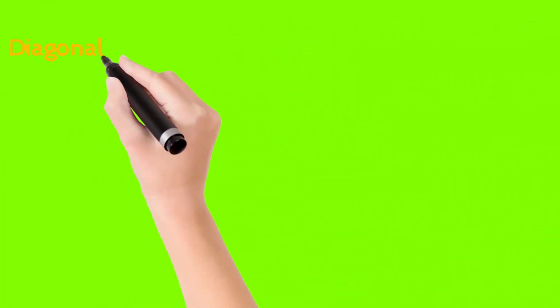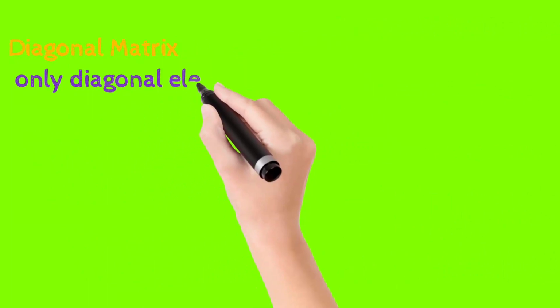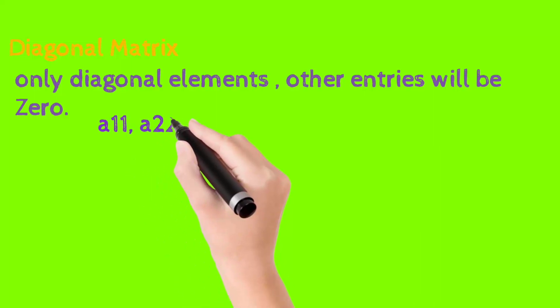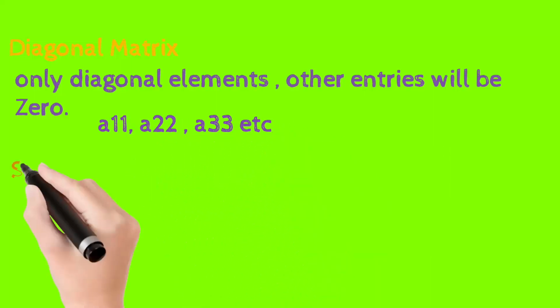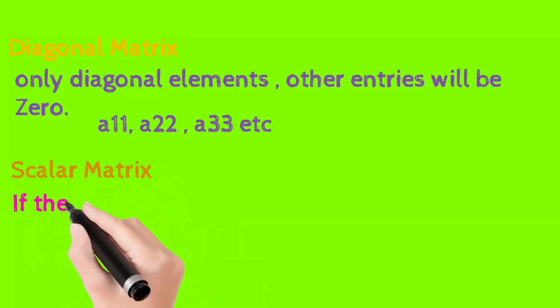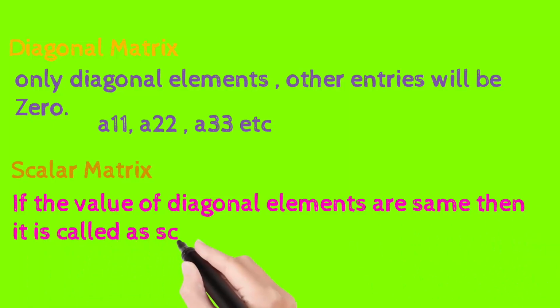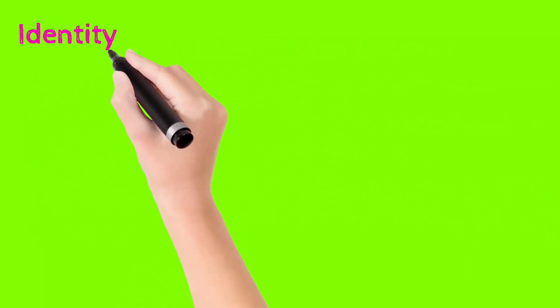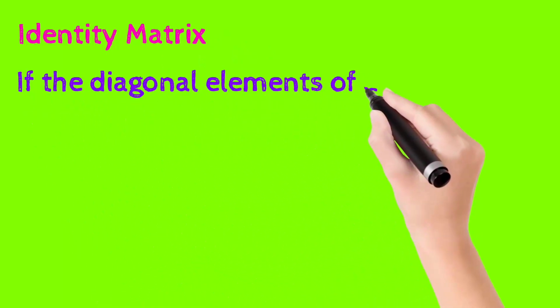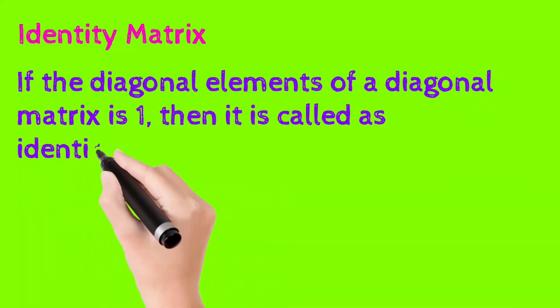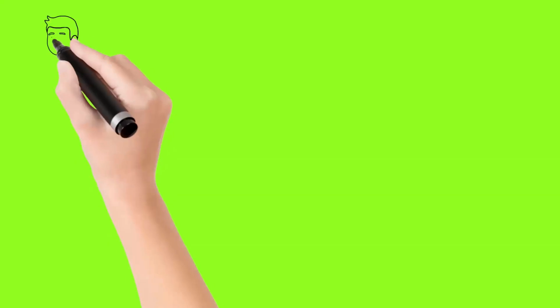The next one is a diagonal matrix. A diagonal matrix is a matrix where there will be elements only along the diagonal and the other elements will be 0. The diagonal elements here are A11, A22, A33 and it goes on. A scalar matrix is a matrix where the diagonal elements are equal. A11, A22, A33 will have the same values. And an identity matrix. An identity matrix has got its name because when this matrix is multiplied with any matrix, there won't be any change to the original matrix. This matrix will have the diagonal elements as 1. So a matrix with diagonal elements of value 1 is called an identity matrix.